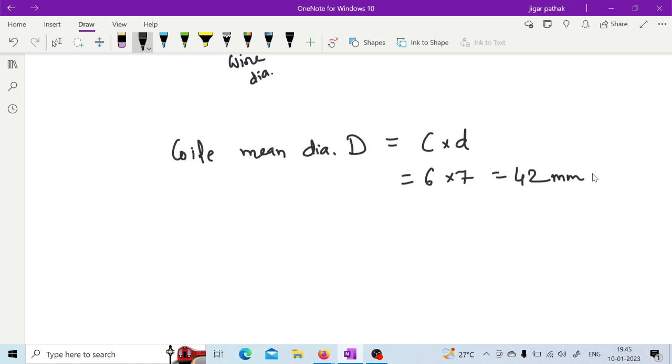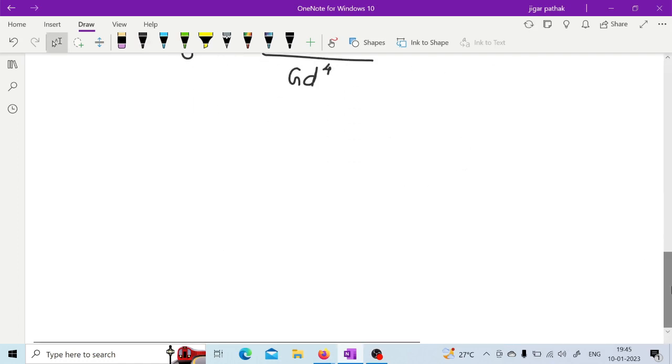Now number of active coils, how can you calculate the number of active coils? In the deflection equation. Yes, because as somebody has asked, this N is active coils, so I told yes, right? So in the deflection equation, you have this 8 P D cube N by G d raised to 4. So you have everything with you in this equation. If you put the given values, and deflection is given as 30,